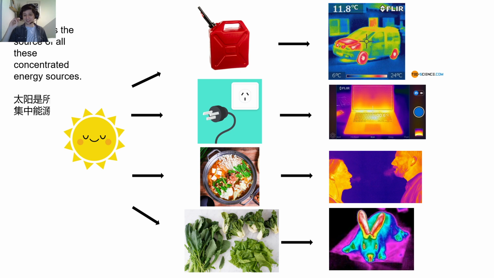We're very lucky, because actually when we use all these concentrated energy sources, it's very inefficient. We don't use it very well. It very quickly becomes heat. But fortunately, we get a constant stream of energy from the sun, which provides all the energy that we need. And that's very fortunate for us.